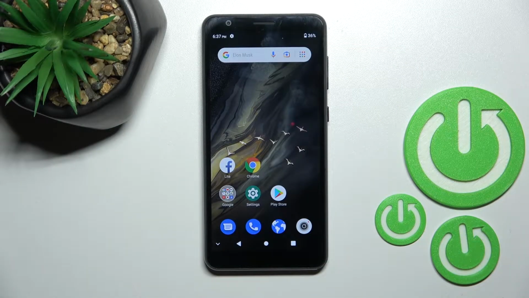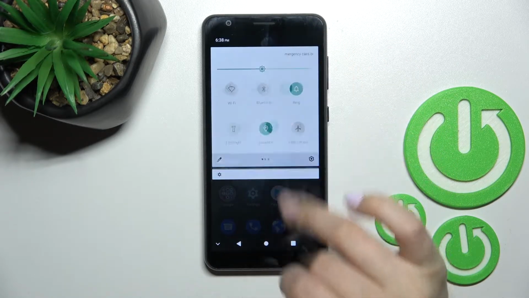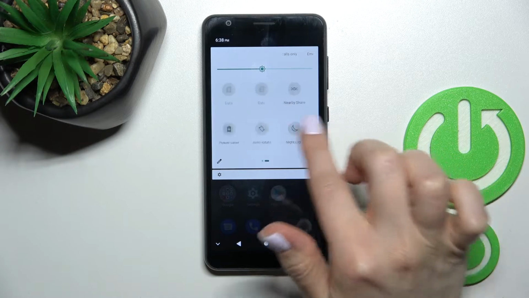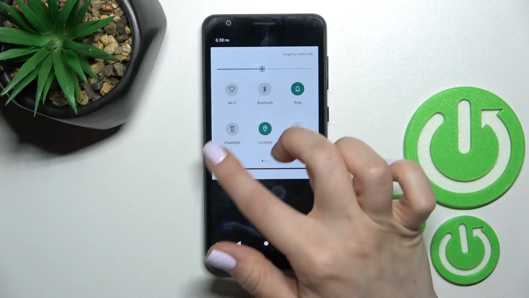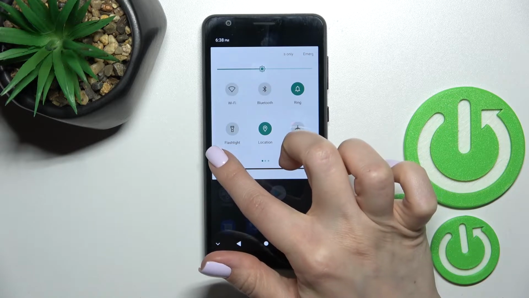Welcome to the ZTE Blade A31 in front of me, and I'll show you how to edit notification panel shortcuts on this device. So first you should open the notification panel, and here now, just to add, to remove some icons, or just to change the position of these icons, you should click here on the left down corner on